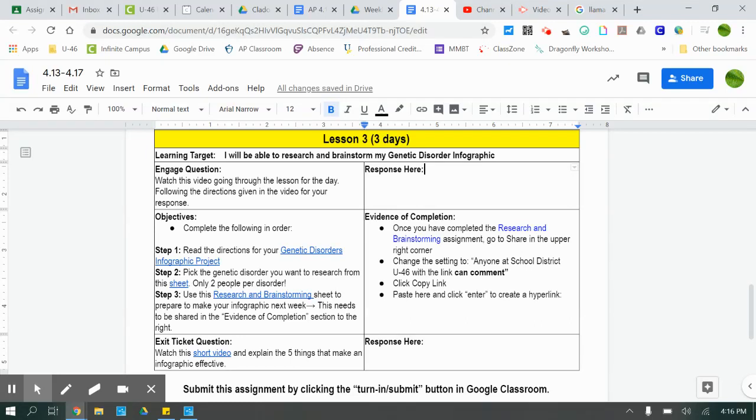All right, guys, I'm here to go over lesson 3 for the week of April 13th through April 17th. Lesson 3 should take you through the end of the week, and it should probably take you approximately 3 days. So we are going to start with our genetic disorder project this week, and your goal is to be able